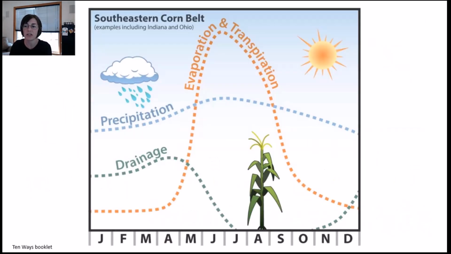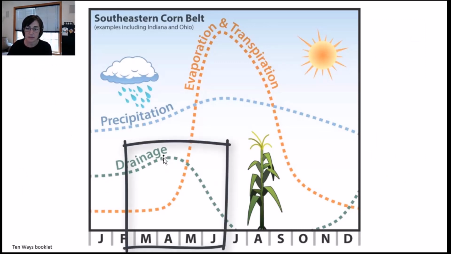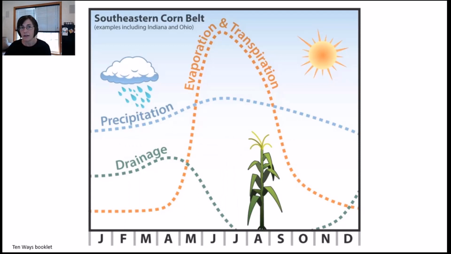And then this illustration also from your reading shows this trend of having the most drainage occur in spring and early summer. And this just clearly has to do with the water balance. You have a lot of rain during those months, not a lot of evapotranspiration because your plants aren't really growing yet, and so the water leaves the field as drainage.